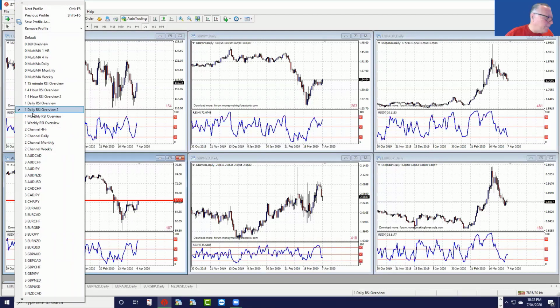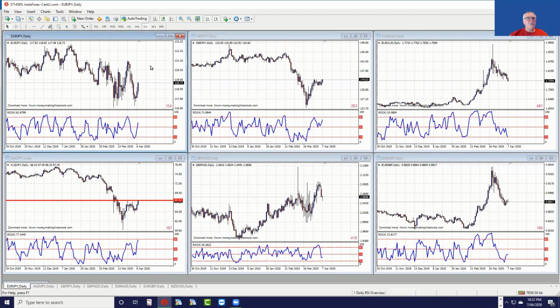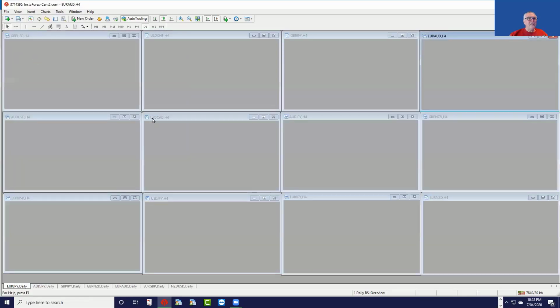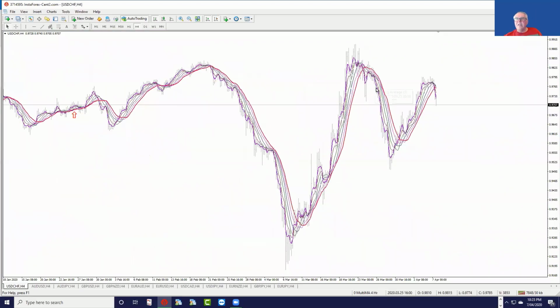I've mentioned the closes above a fast moving average, always a good indication of trendiness. Remember that example. I think all of these have exactly the same example, where if you have a fast moving average, on a downtrend the closes will be below the moving average, and on an uptrend, they'll be above the moving average. So that's a good guide for people that want to see trends.